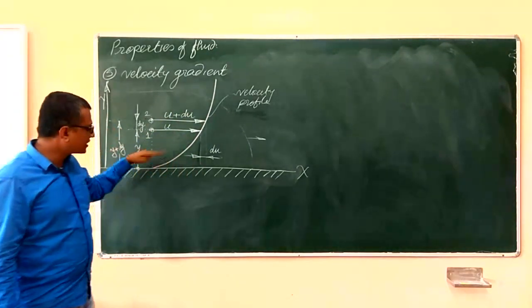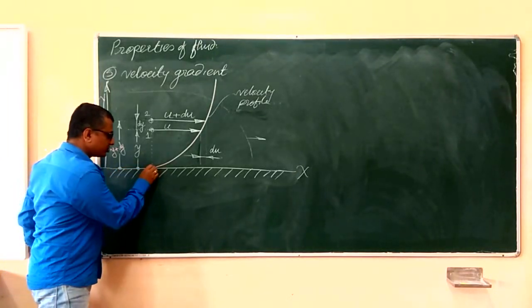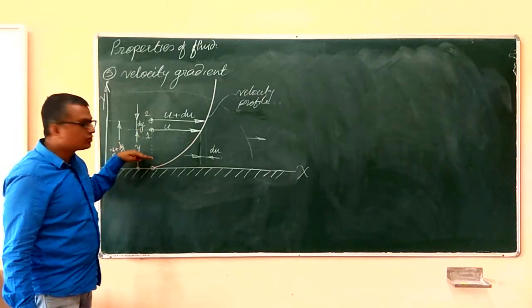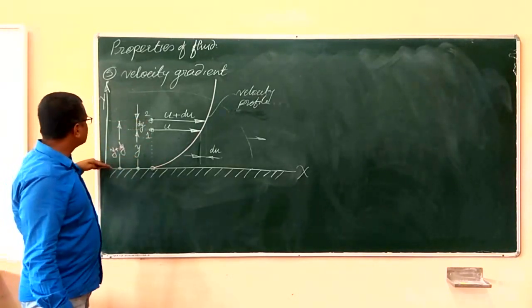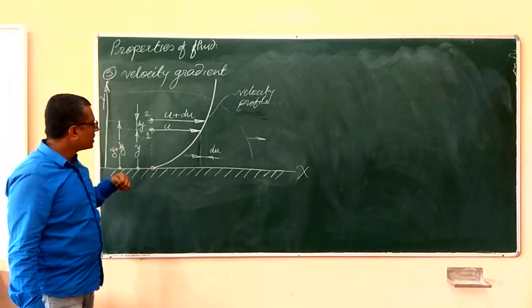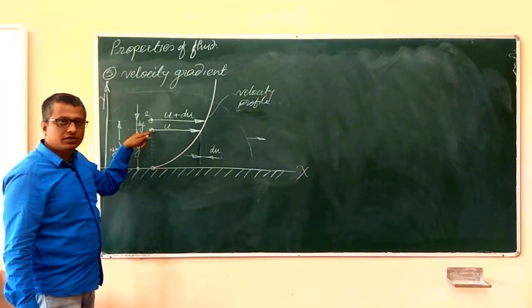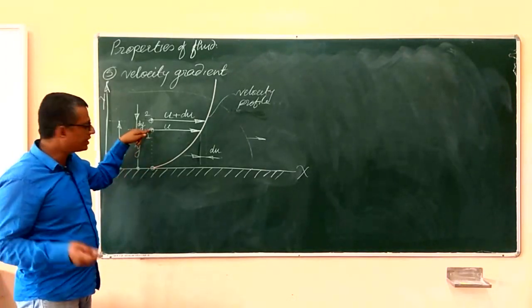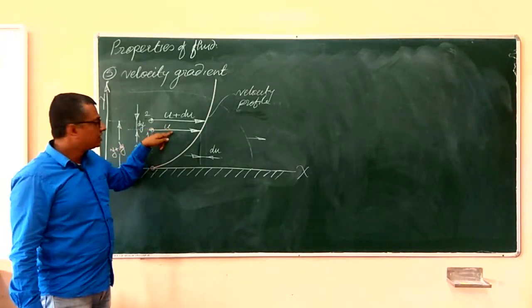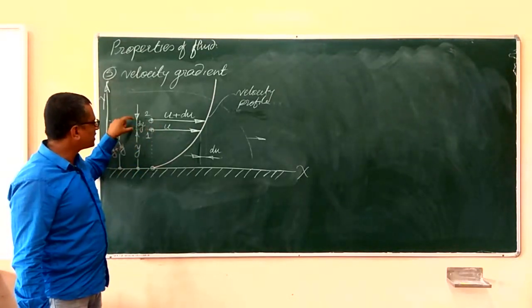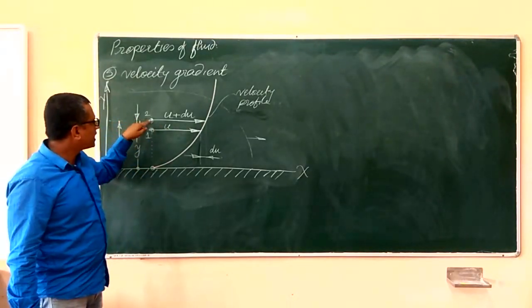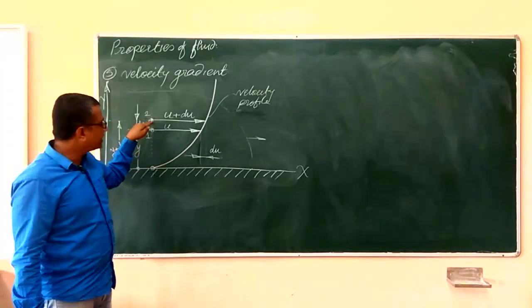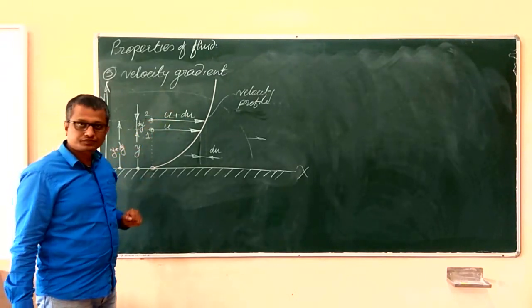The velocity of the fluid particle in contact with the solid surface will always be 0, and if you go in the perpendicular direction to that of the flat surface, the velocity of the fluid particle goes on increasing as you increase the y coordinate of the fluid particle. At any arbitrary point at a distance of y from the fixed surface, we have taken a particle, or say the fluid layer, which has the velocity u. If I increase that y dimension by a small amount, say dy, at that height, which is height y plus dy from the fixed layer, that layer has the velocity u plus du.